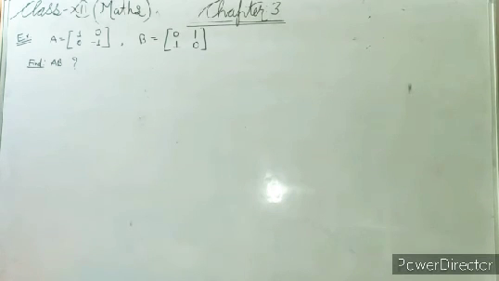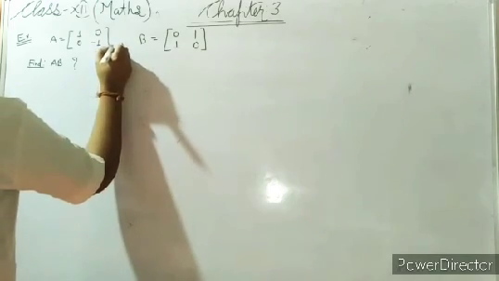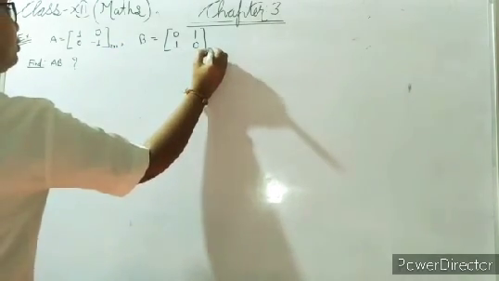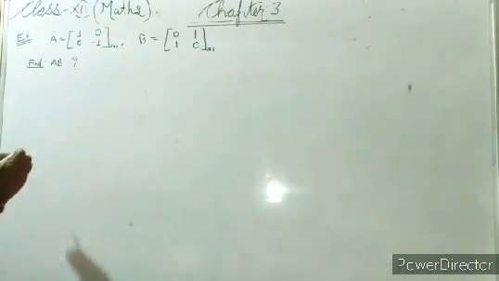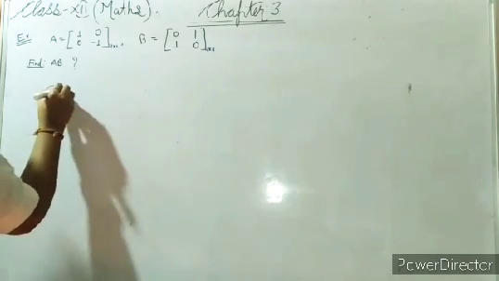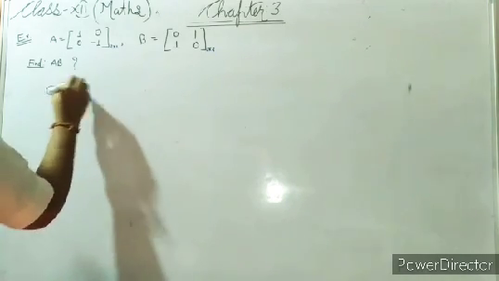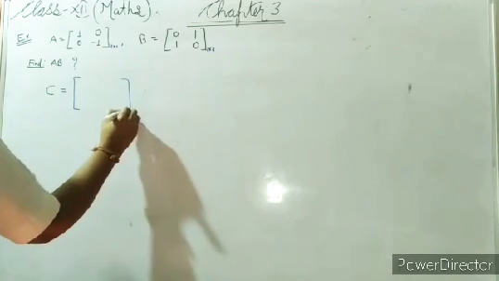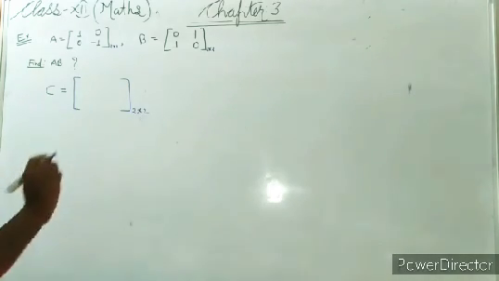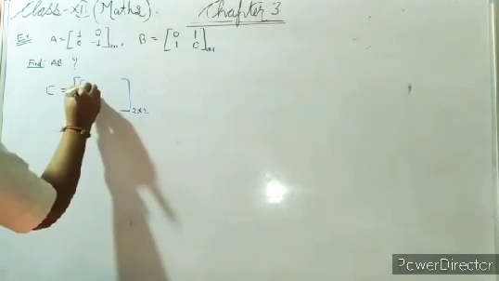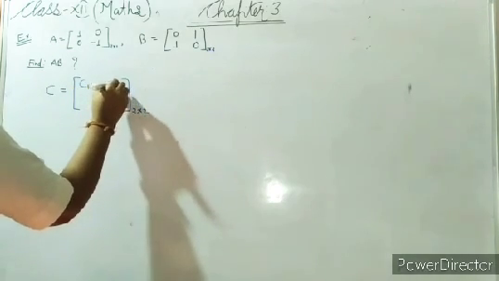Now you see, your question is, if matrix A is equal to this and B is equal to this, so find A into B. You see here, the matrix order is 2 multiply 2 and here also 2 multiply 2. That means you will get the new matrix C also in order 2 by 2. It is very clear. This first element we say 1, 2.